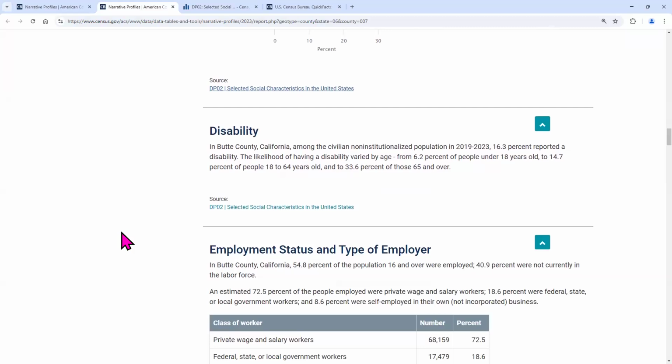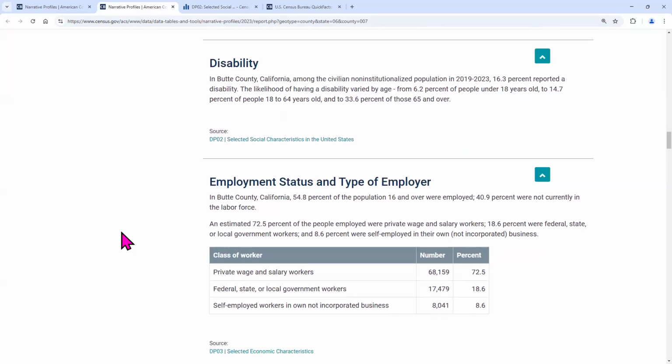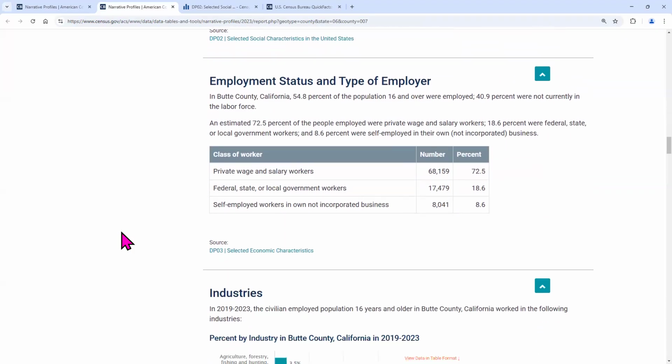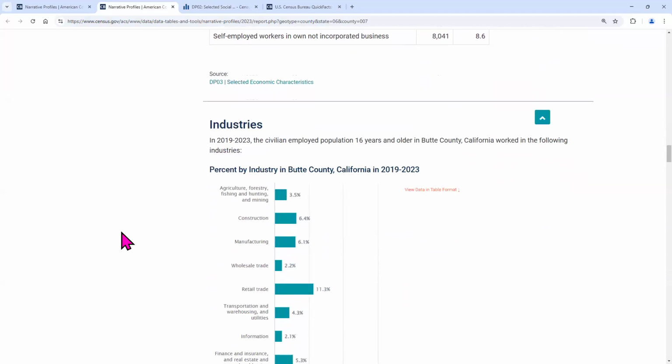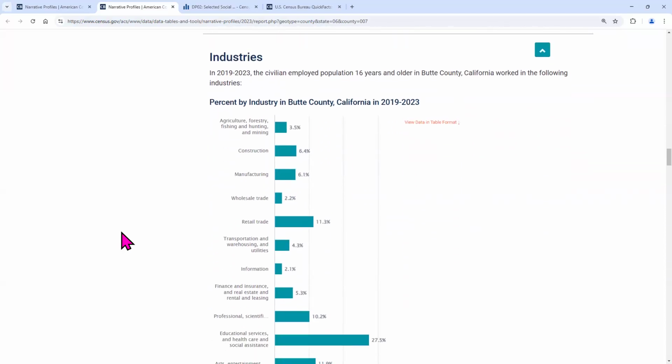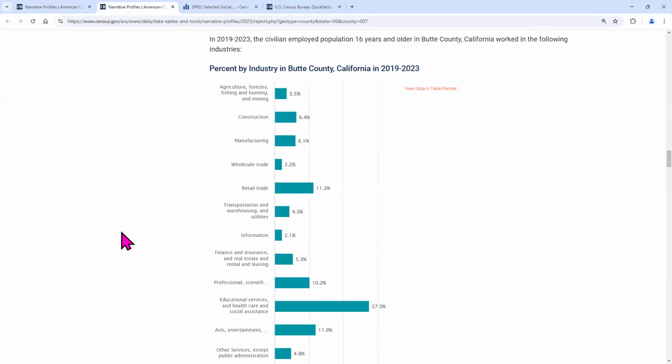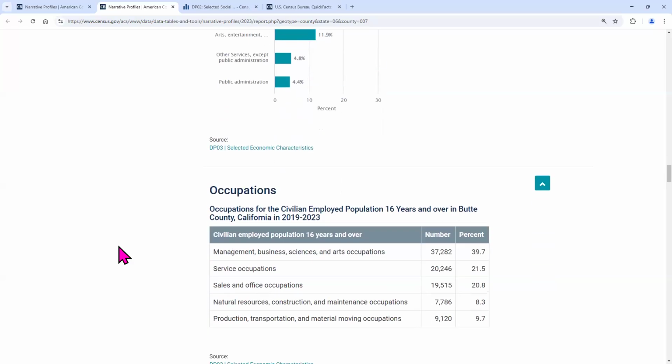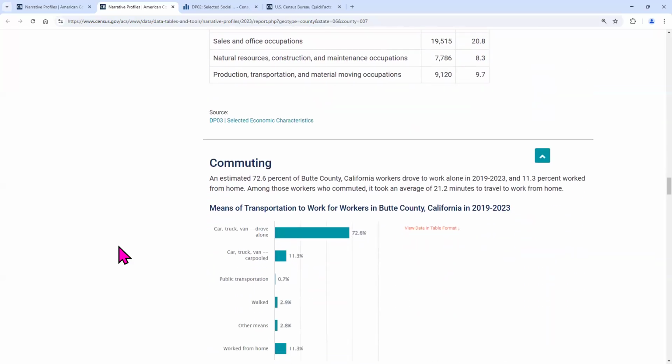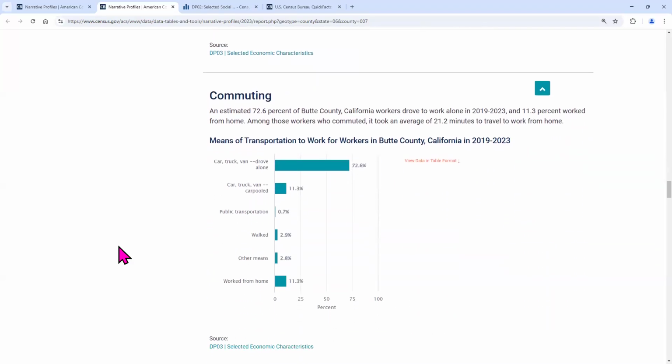So what else is here? As I mentioned, you have other topics such as disability, even employment status, the industries where they are mostly employed. And then you have also information on commuting. Maybe that would be of importance. Those who are using public transportation, or maybe those who are working from home.